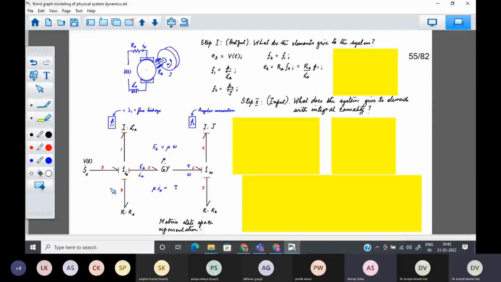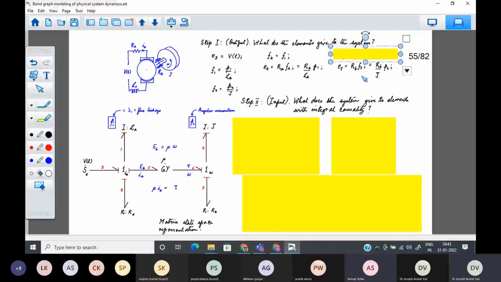So we asked this question for this R element. Now, what is the question for? We have to ask the same question to this R element. What does it give to the system? You can see it gives effort 7. So now we proceed here. Effort 7,